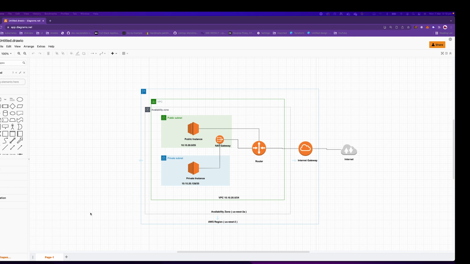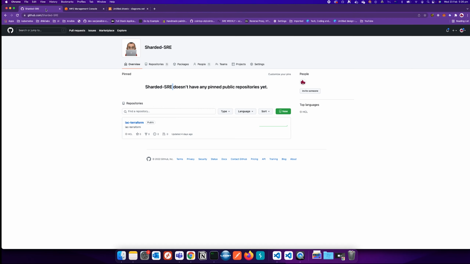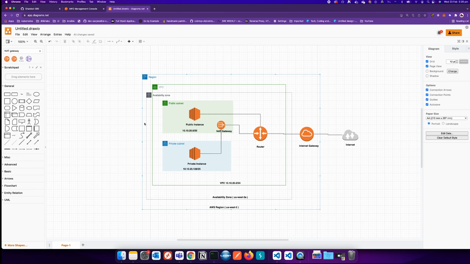In our previous video, we designed our cloud infrastructure in Draw.io. Now in this video, we will be using that architecture diagram as a reference to build our infrastructure using Terraform. So let's get started. In order to interact with AWS using Terraform, we will need to get an access key and